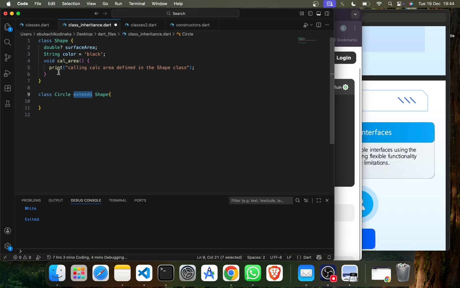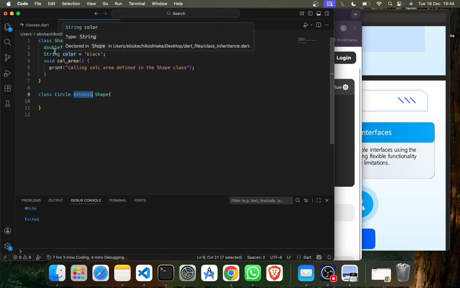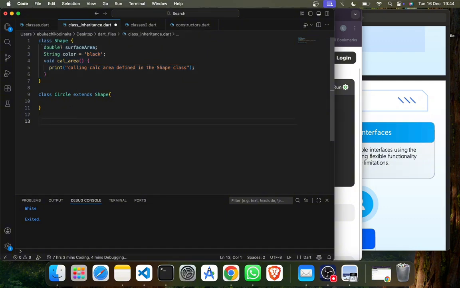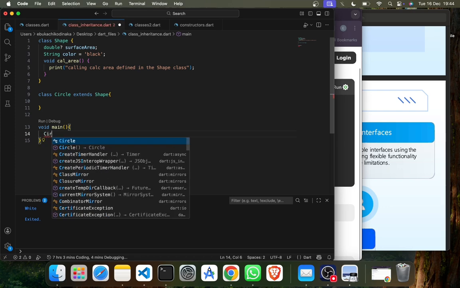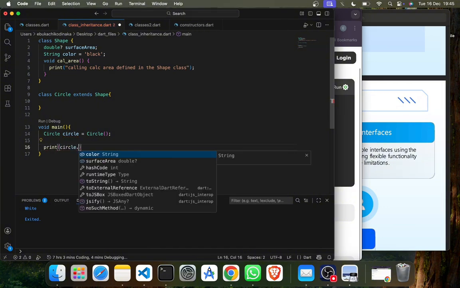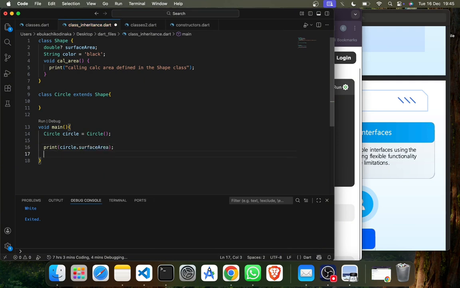Circle inherits all the properties and methods of shape, so that when we create an object or instantiate circle, we will be able to have access to all the properties and methods of shape, like surface area, like color, like